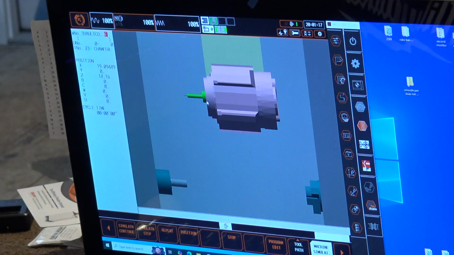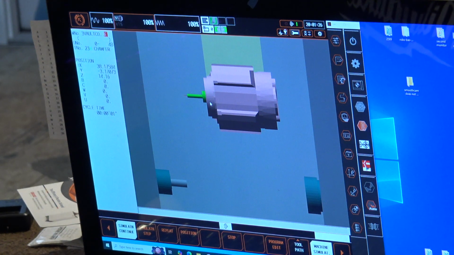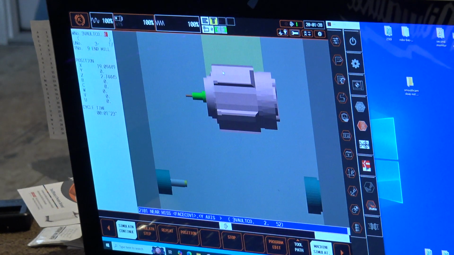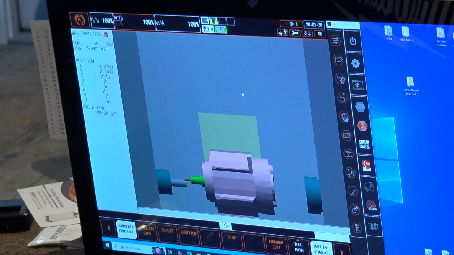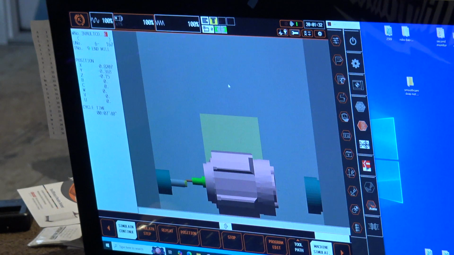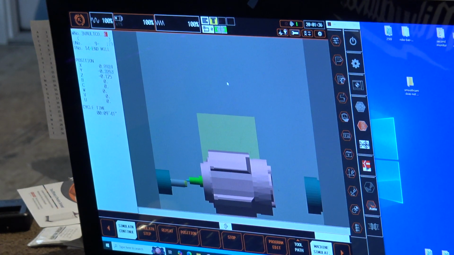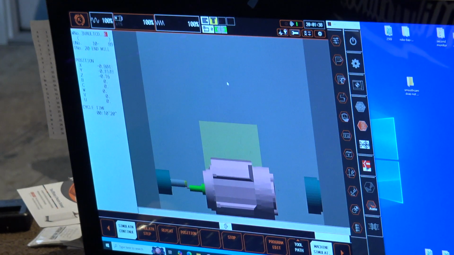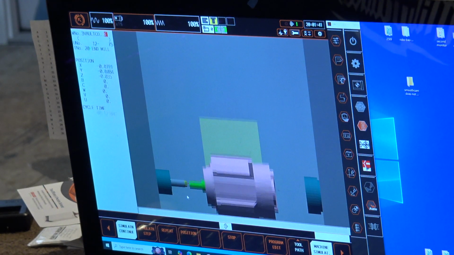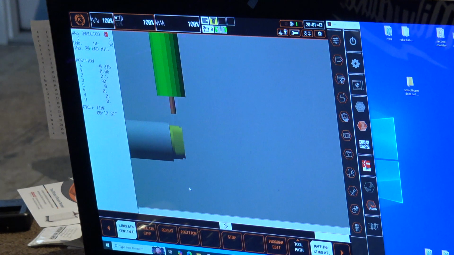I'm going to go through how you create a model for a tool holder. There are a lot of different ways to do this inside of SmoothCam, the Smooth Control. I utilize the method where you create the tool parts and then you add them together into a tool model. Just to zoom in here a little bit so you can see